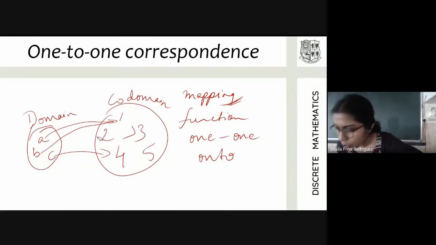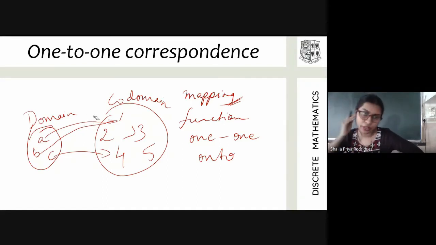Can I go ahead and discuss what is one-one and onto? Have you understood what a function is? So what is a one-one function now? In terms of this drawing of this mapping, I'll try to tell you what one-one is.